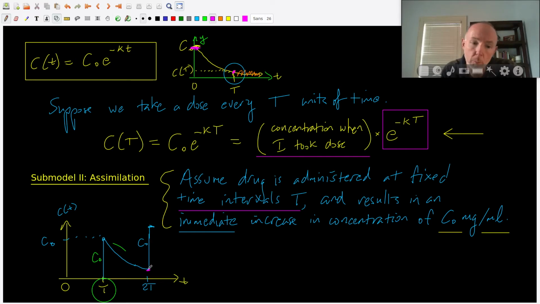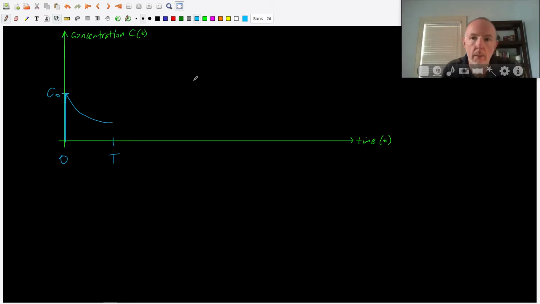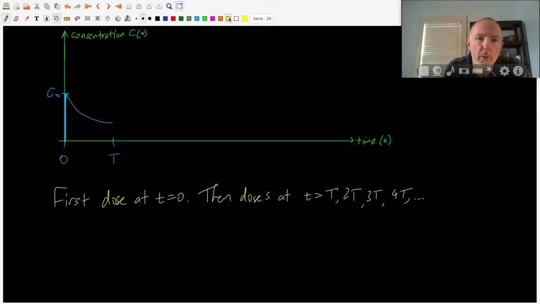Now the concentration wasn't 0 to start with, so this is going to be C0 plus whatever it was here, because there was some still in the blood, right? And I've started this at t, but really I'm going to start it at 0. So let me go and set this whole argument up. So you can see what happens here is I took my initial dose at time equals 0. This is a bit different than the way I set it up on the previous page. But remember, our goal is to take a dose every t